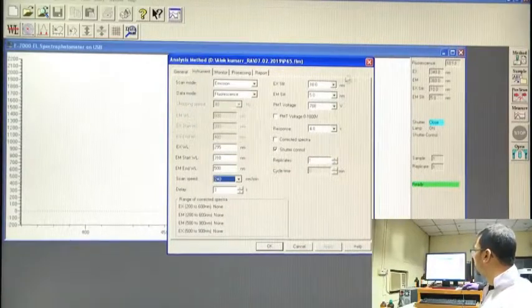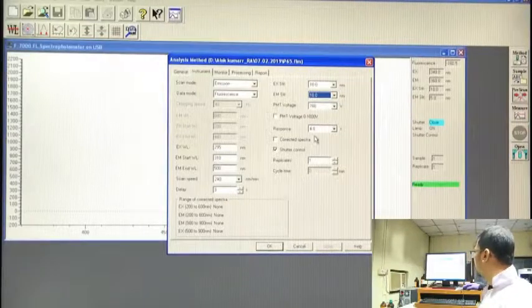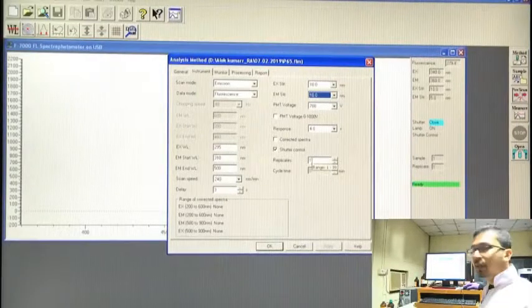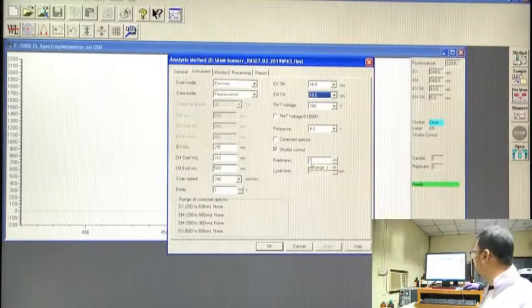There is a delay. Now, talking about the excitation and emission slit, the excitation slit is set as 10 nanometer. Kindly note the unit, it is nanometer, and the emission slit is also 10 in our case. And these are PMT voltage, which we are not currently bothered with. Replicate 1, that is, the reading will be repeated only once.